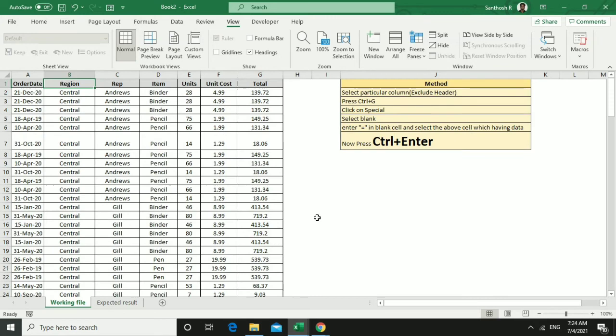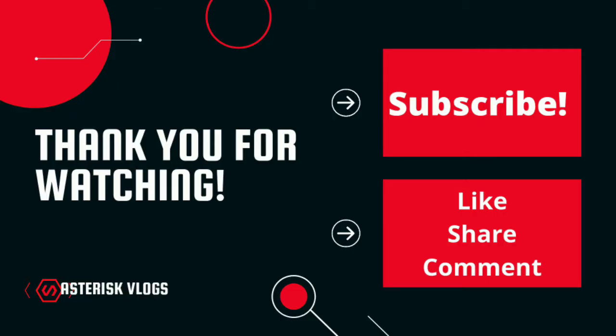Correct, right? Yes. We have another common shortcut key which is Ctrl plus D. But when we work with huge data, it will take a lot of our time. So we can go with this shortcut method and manage our productive time effectively.